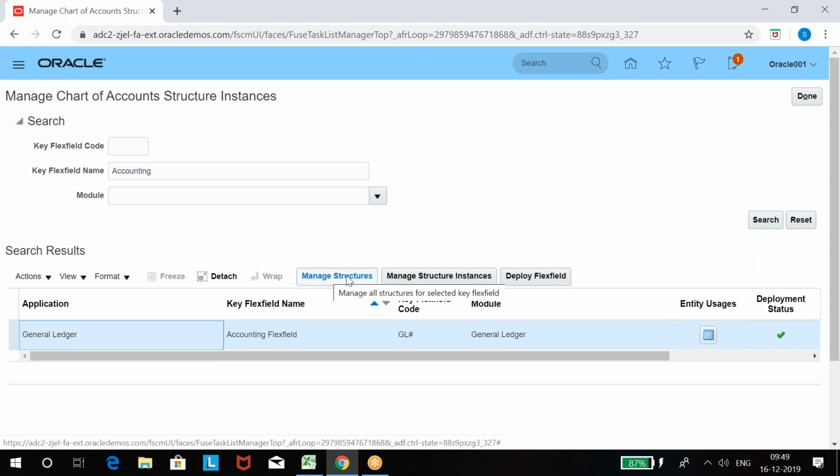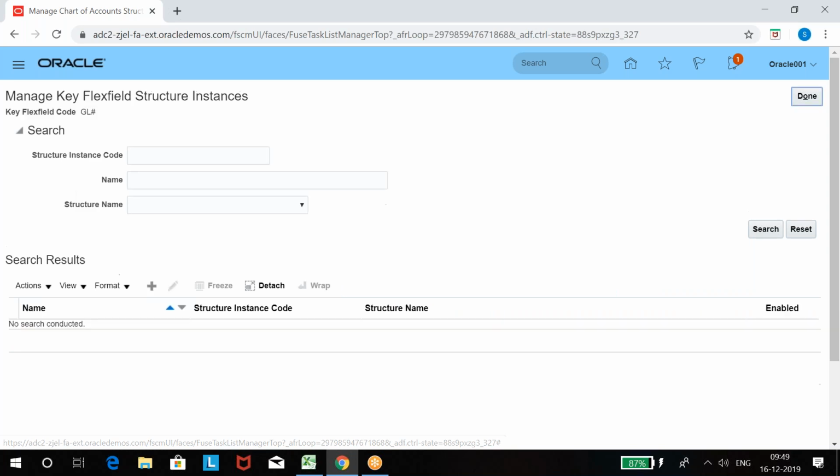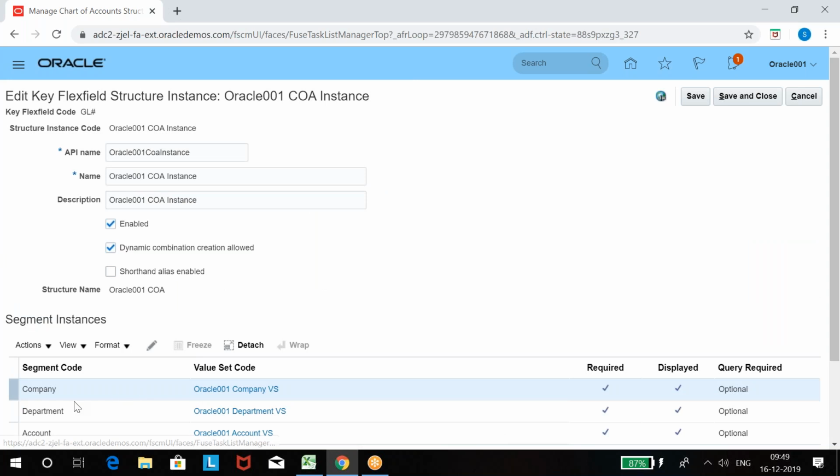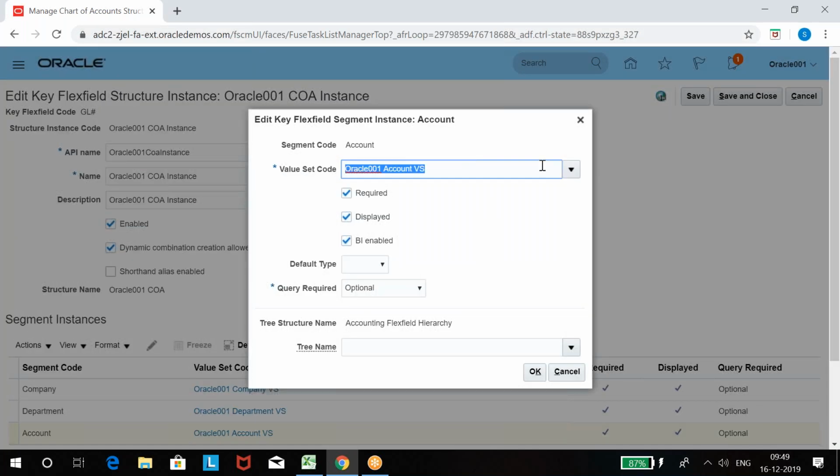See, don't change anything at the structure level. Make the changes at the structure instance level. Manage structure instance, find your chart of accounts structure instance. We got it here. Edit. After you edit accounts, change this value set.